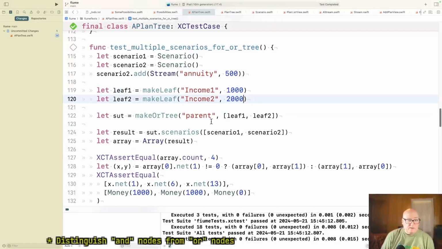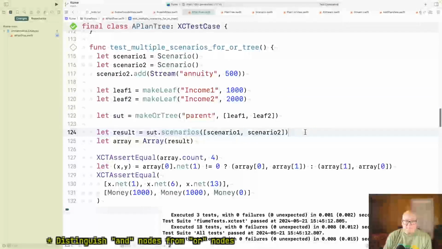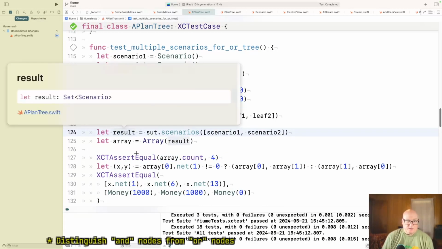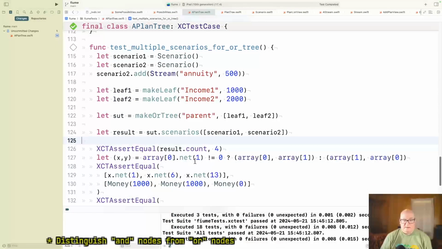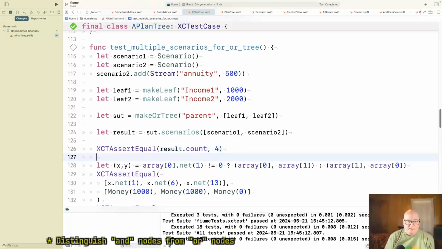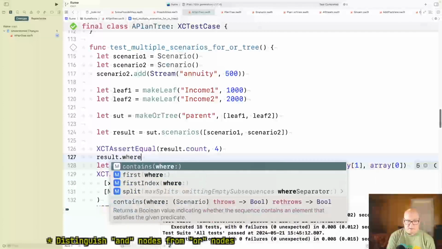But this one, well, I think result is a set of scenarios. So result.count should be 4. I don't know if we need the array.